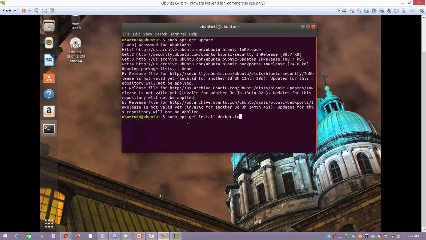After installing, you're supposed to check whether Docker has been installed by giving the command docker --version. It will give you the Docker version currently installed. It says Docker version 18.09.7. Fine, friends, so once you are sure that Docker has been installed,